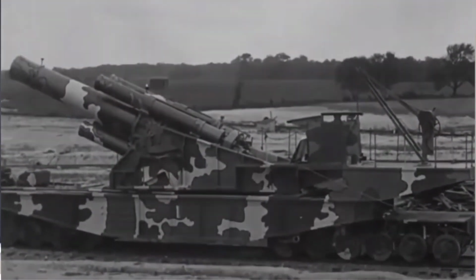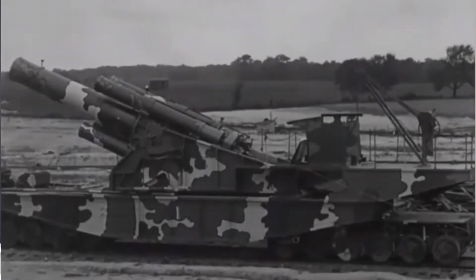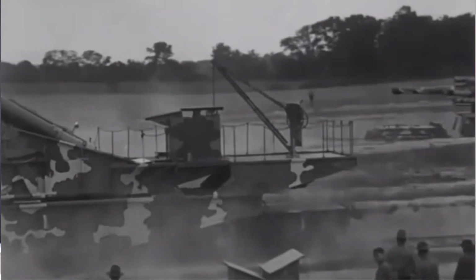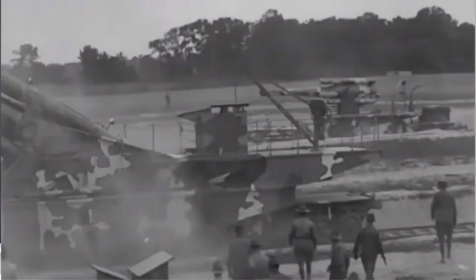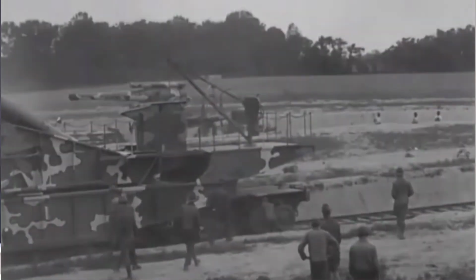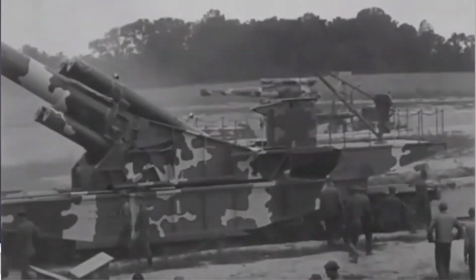really accurate. Here's a little clip of one of these railguns actually firing during the Great War. Look at all the dust that gets kicked up when this thing goes off. Could you imagine being near it and what the concussion from that shot must have felt like to those soldiers